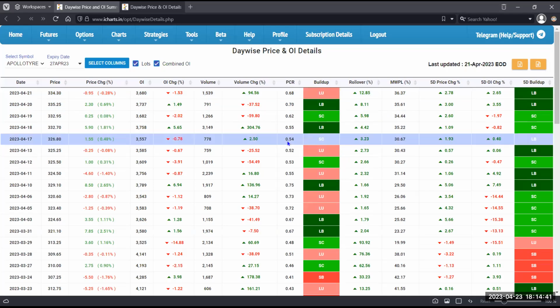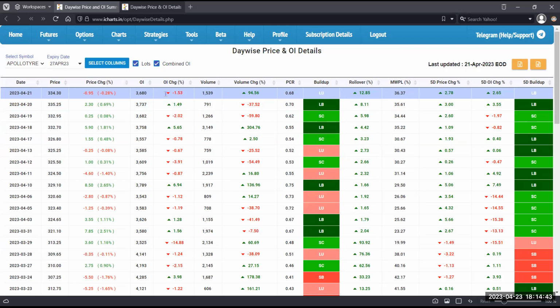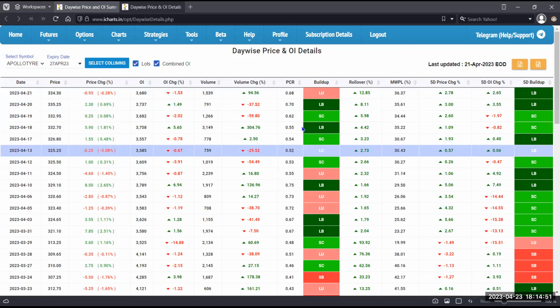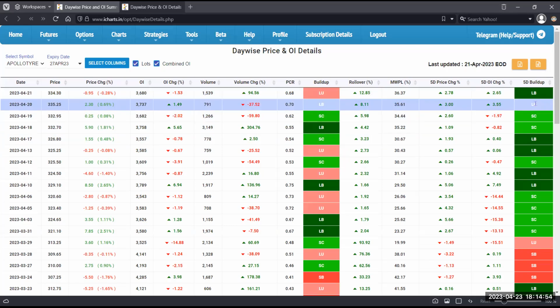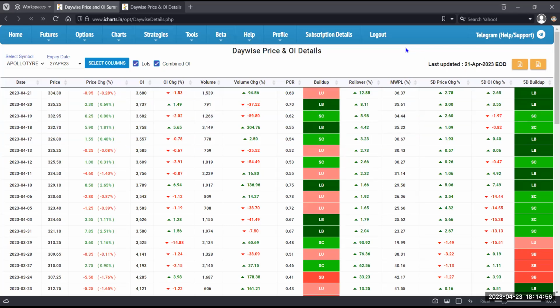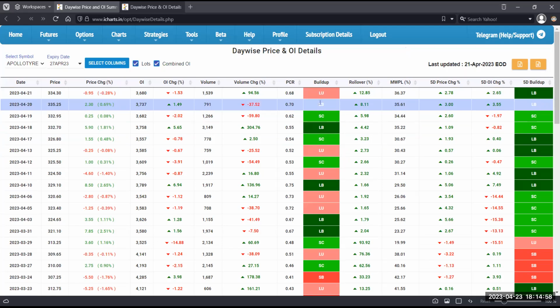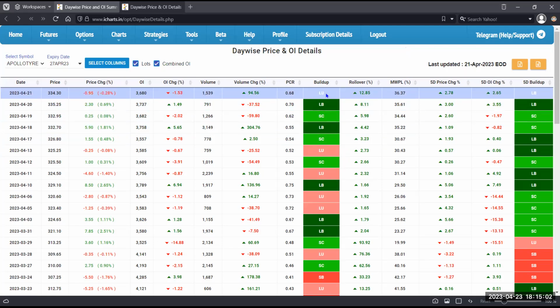And this particular thing is based on the current day's price change and OI change. So this one says price change is negative, OI change is negative, so long unwinding. Even if we get short build-up, but the 5-day average is long build-up, we have to go long only, no? Yeah. I'm suggesting that you can look at longs only, because